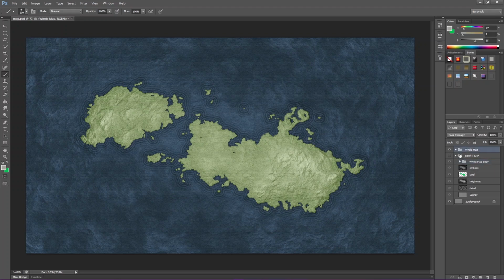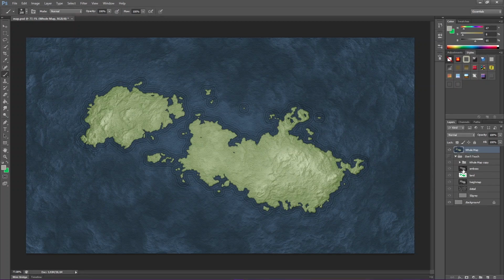So what I can do is take my whole map, flatten it out, so it's just its own little layer. I've got all of my information in my Don't Touch copy right there. But now I've got a nice flat version that I can carry on working with. You don't have to do this. I just do this for the sake of speed. The thing that I really want to do here is that this is still not stylized enough for me.